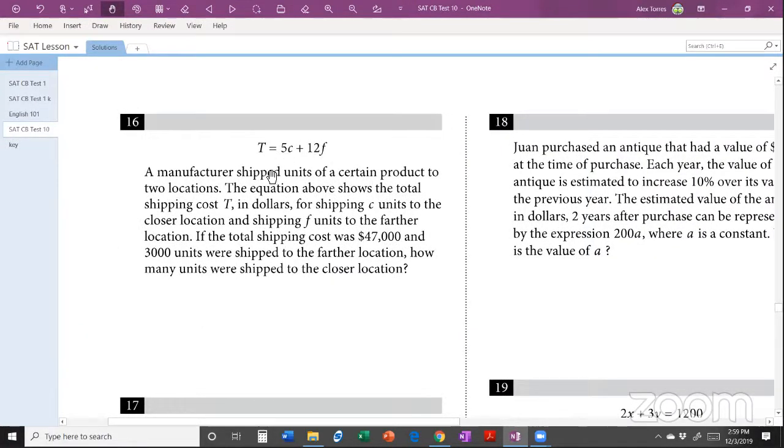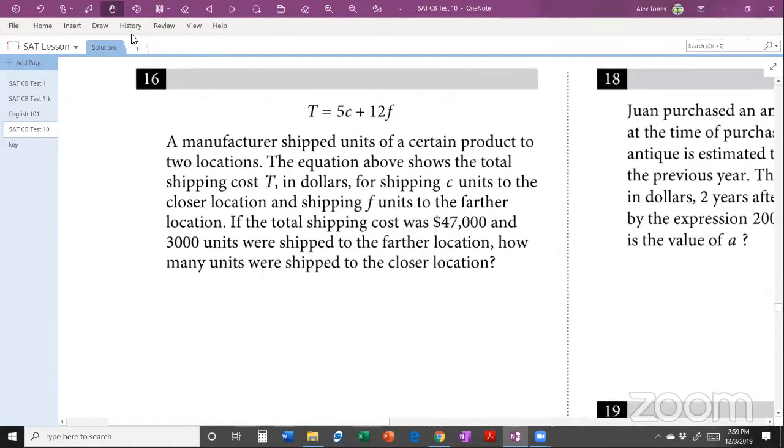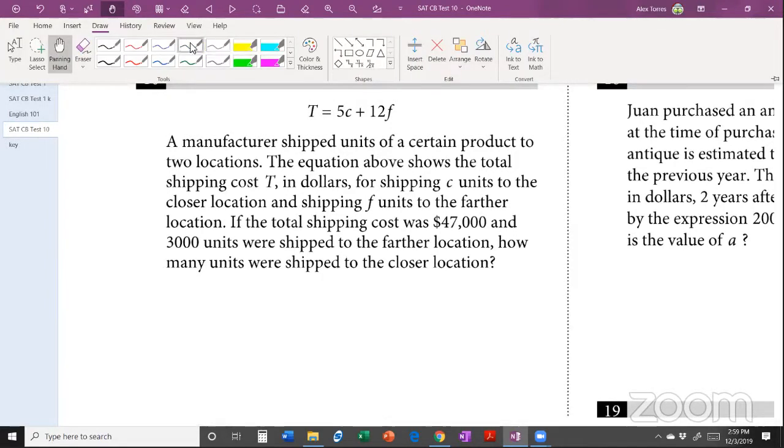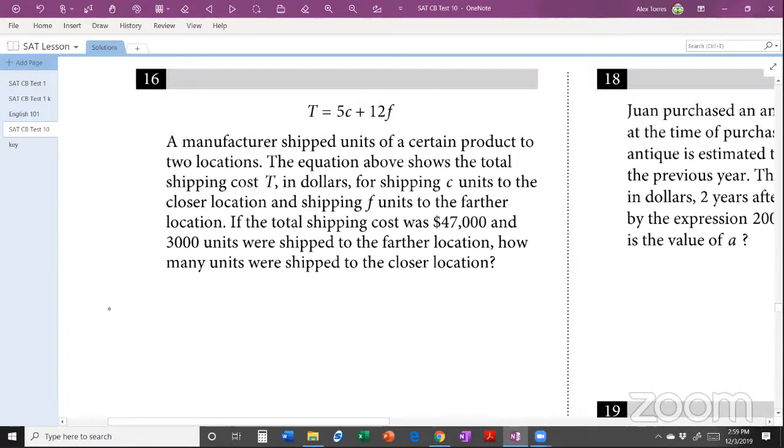Here, just a very big word problem. This question reminds me of our viewer, Jaden, who is asking for some help with word problems here. This is kind of what comes to mind when you ask about word problems. But overall, something that the SAT is doing is just giving us a lot of words and a lot of complicatedness, sort of to intimidate us and maybe make us want to give up, it seems like. But when you have lots of variables, you can be advantaged by naming them,